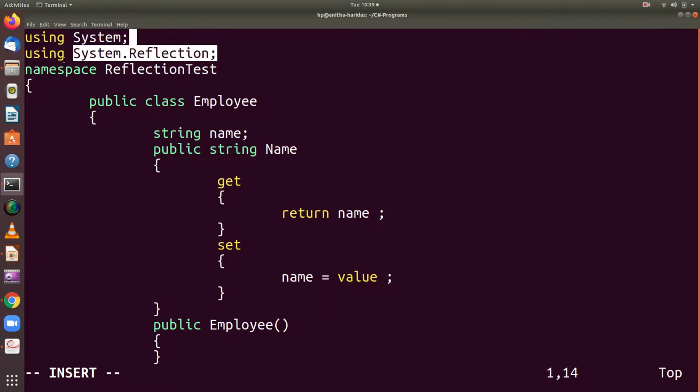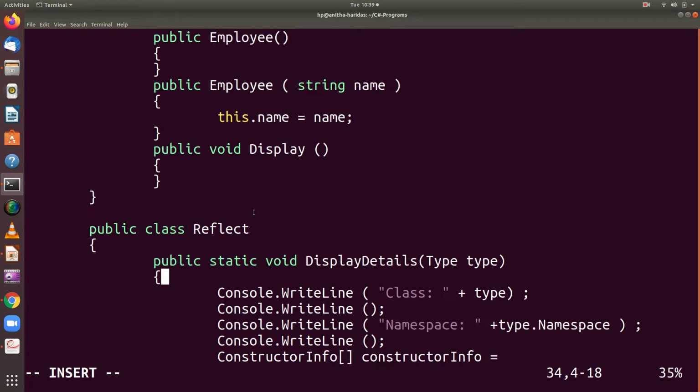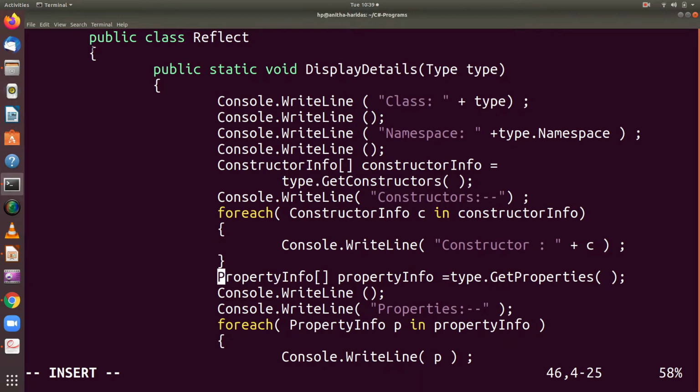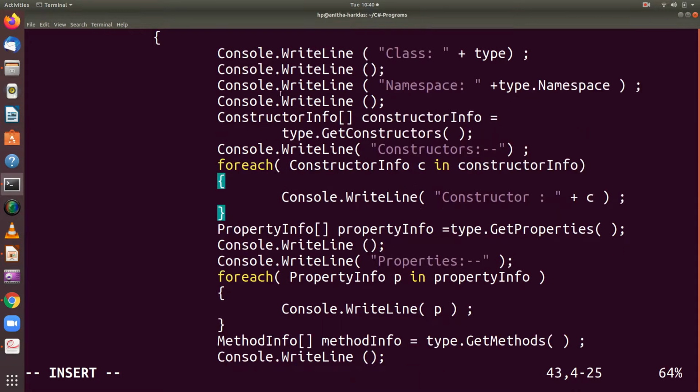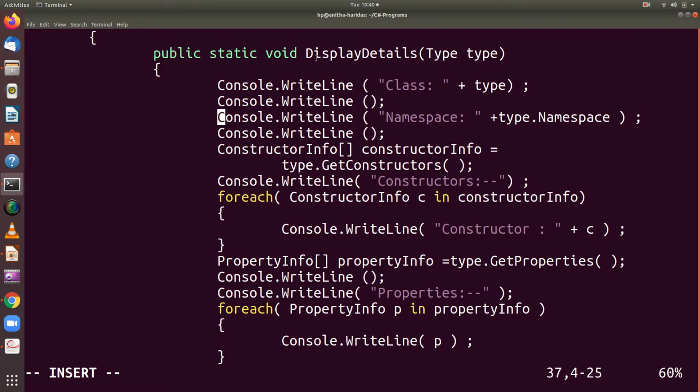So use your using directive, then include System.Reflection namespace, so that all the classes that are available in the reflection namespace will be included in your program. Now if you observe the program here, I have a main class here. Inside the main class, I have one method, a static method.